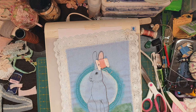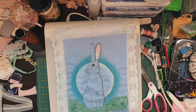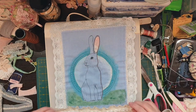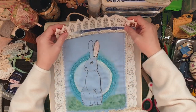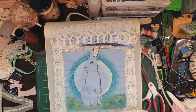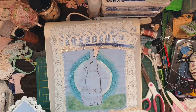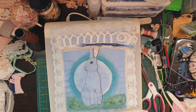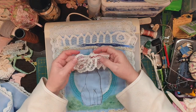What I also did behind the scenes was I organised some bits and pieces. I've got, what's this called? Is it Broderie Anglaise? No, Battenberg lace. I've got my sample here somewhere. Here it is. Got some Battenberg lace. It was actually a